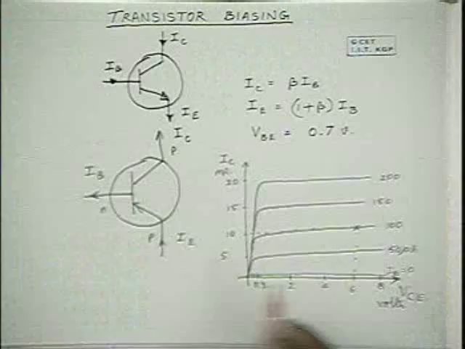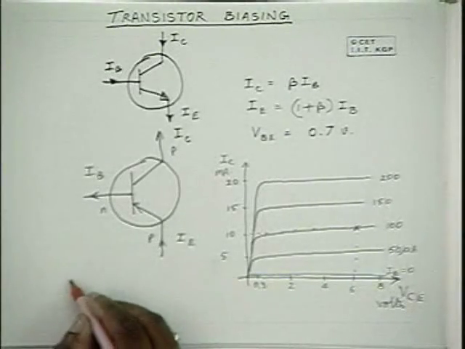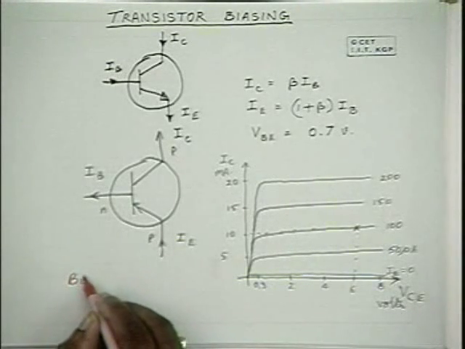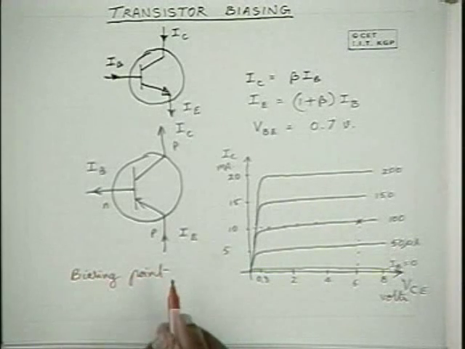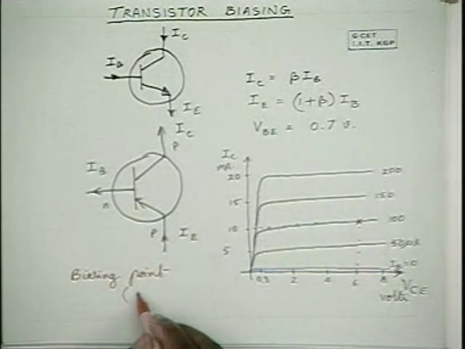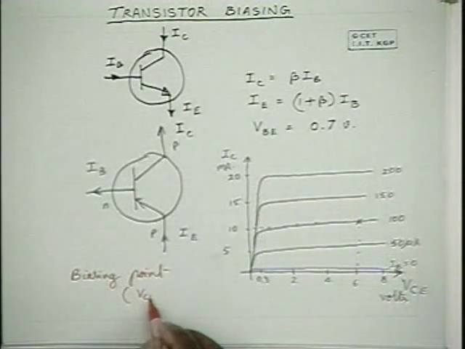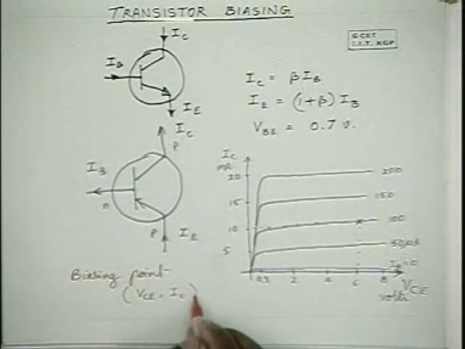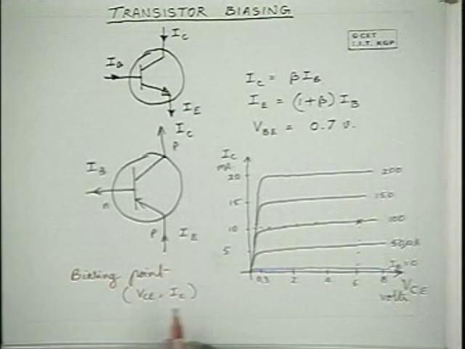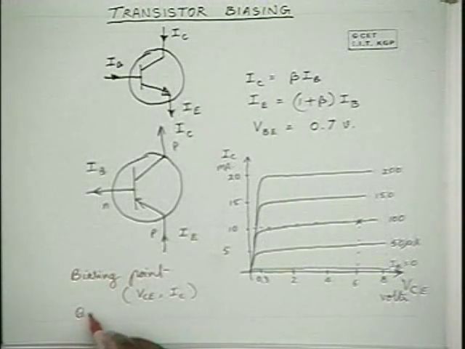So this is the question in biasing. First we select the biasing point, that means the biasing voltage VCE and the biasing current IC. This is known as the Q point or quiescent point,